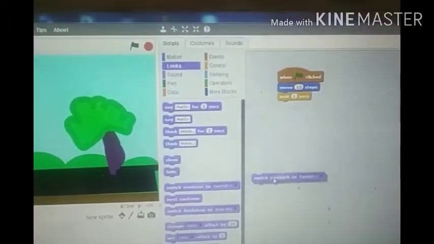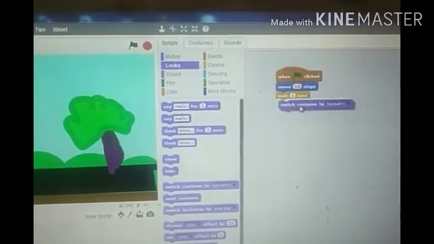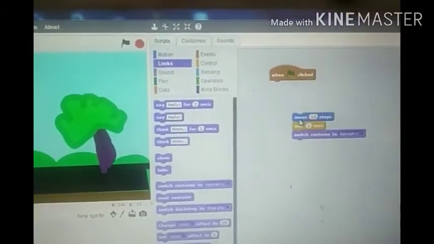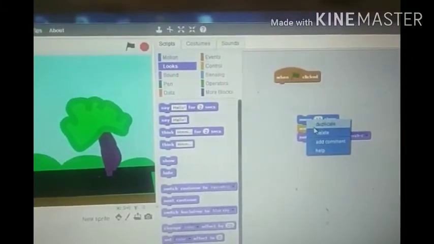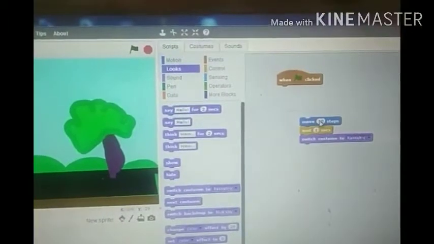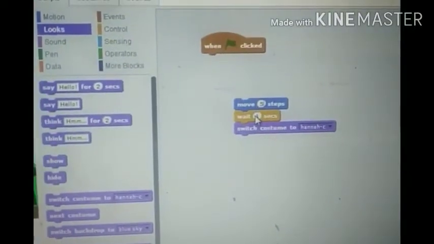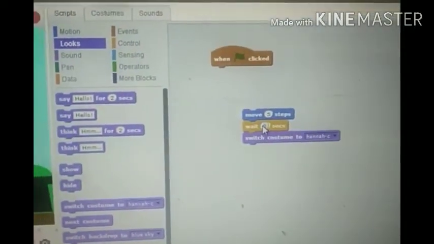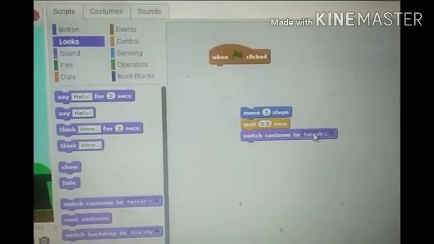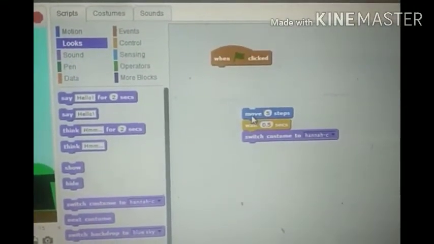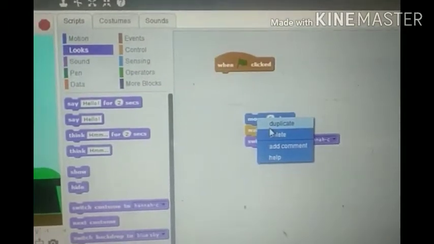We have 3 costumes, so switch costume 2 will be added. We need these 3 blocks repeatedly, so we select them first, moving 5 steps, wait for a fraction of a second, so it will be 0.5, and switch costume to Hannah ABC. Now we want the same block 3 or 4 times repeatedly.